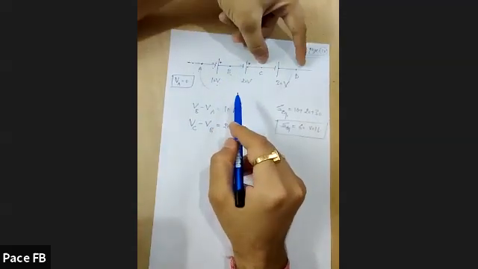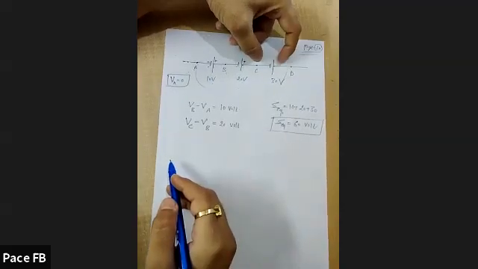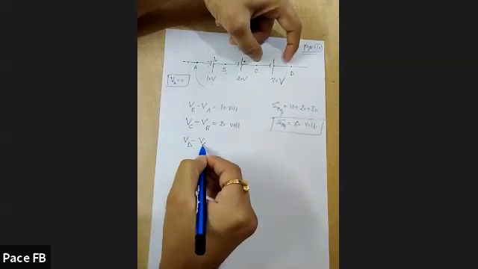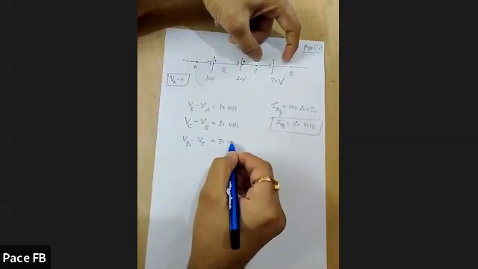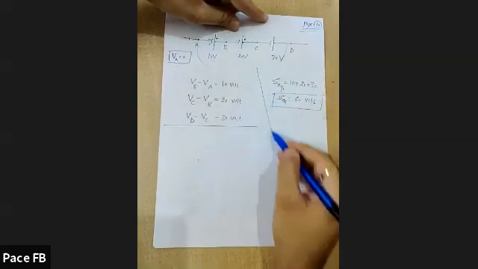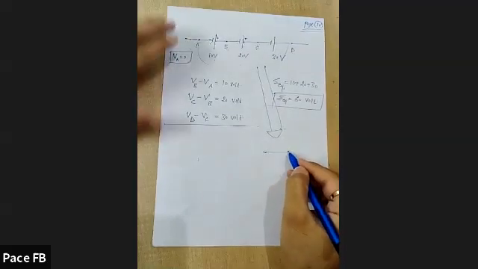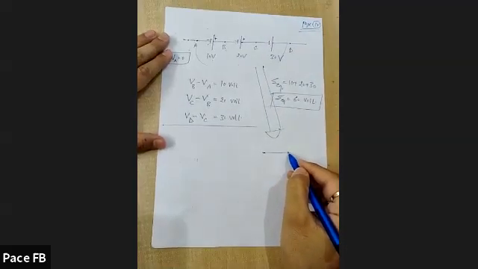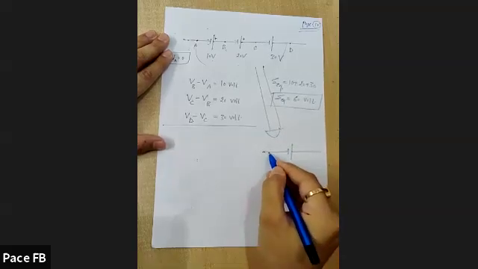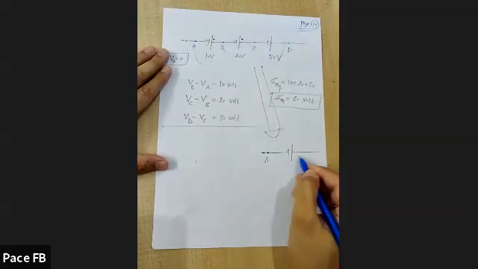And the same is the case here. D is at higher potential and C is at lower potential because D is connected with the positive terminal of 30. So can I say VD minus VC is how much? 30 volt. Correct? And I want to convert all these three into a single one. So it would have the same polarity, negative on the left hand side and positive on the right hand side. So ultimately these points B and C would be removed, and A would be here and D would be here.